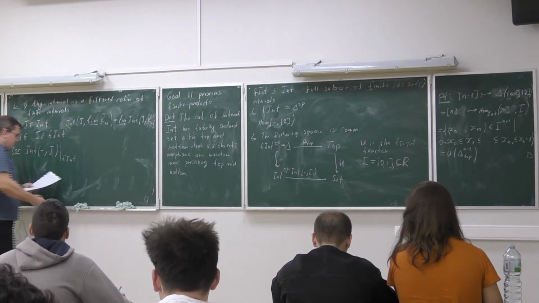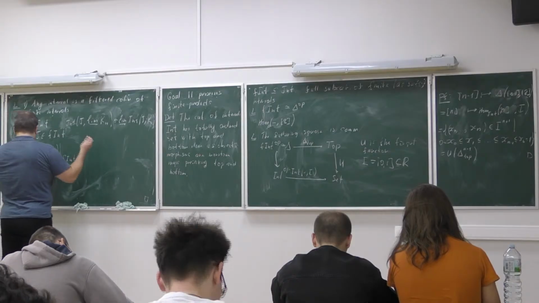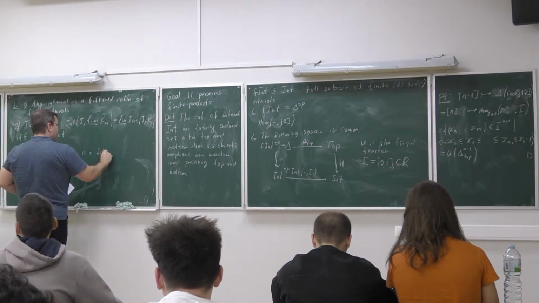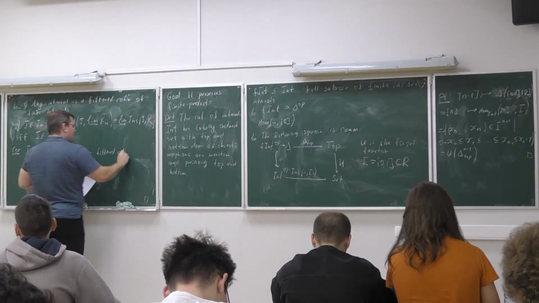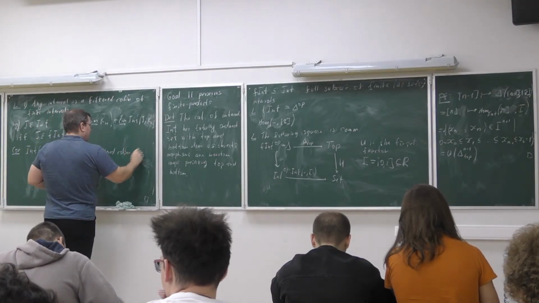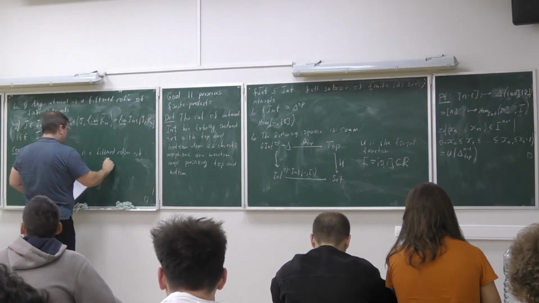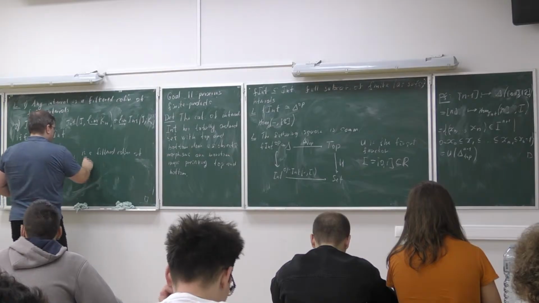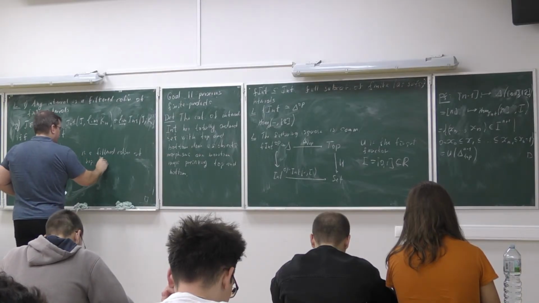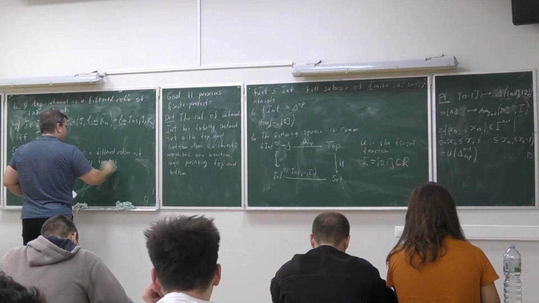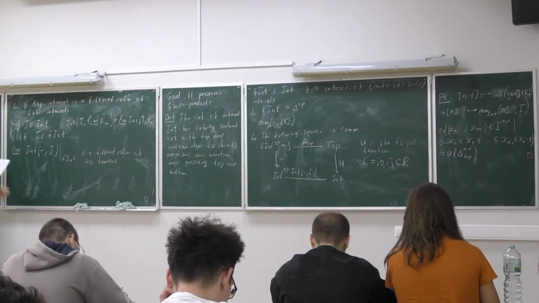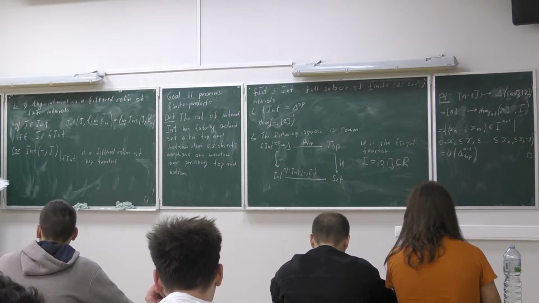So I can say that this functor is a filtered colimit of representable functors represented by finite intervals. Okay, so